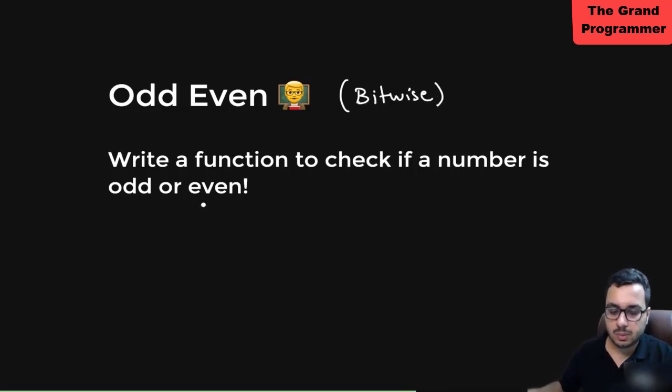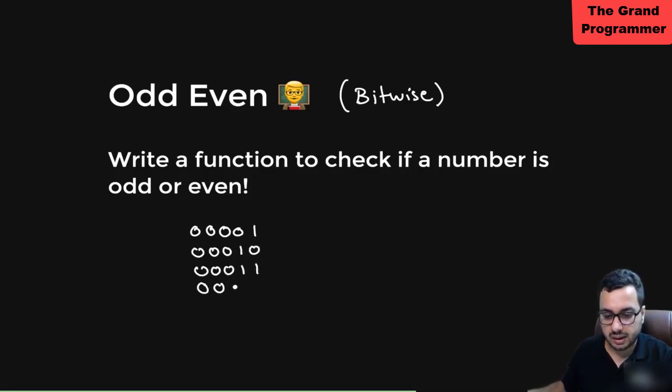One thing you will observe is all the odd numbers will have the last bit as 1, and all the even numbers will have the last bit as 0. Okay, so I'm writing for, this number is 1, this number is 2, this number is 3, this number is 4, this number is 5. One thing you can clearly observe is for odd numbers the last bit is 1,